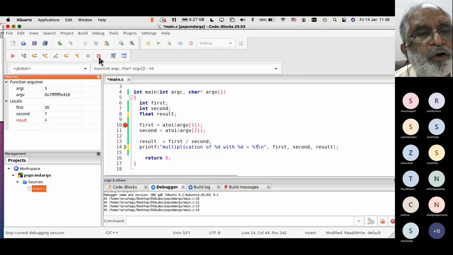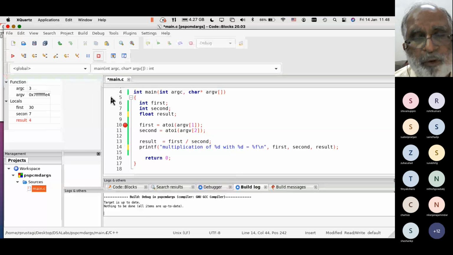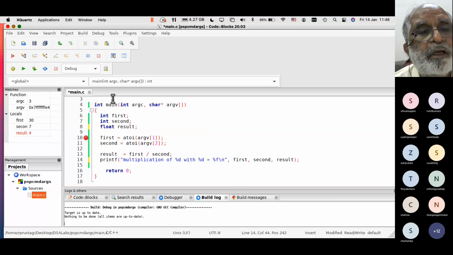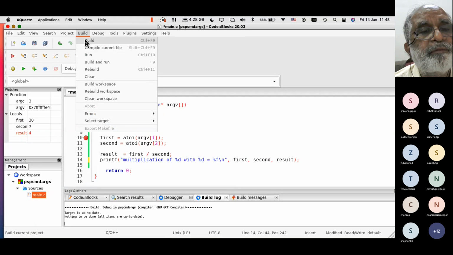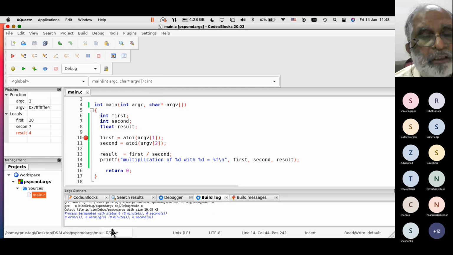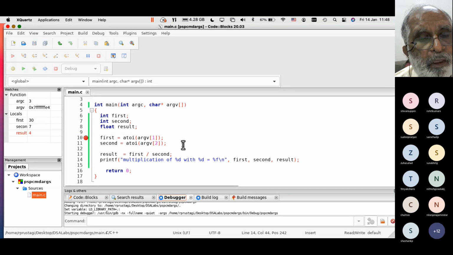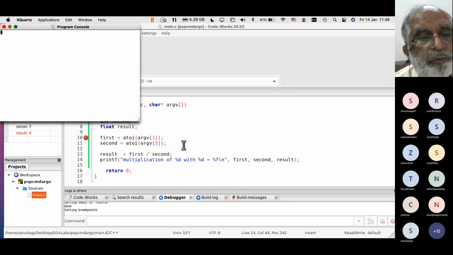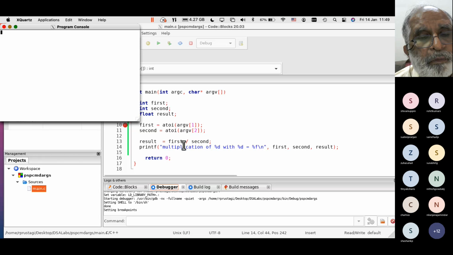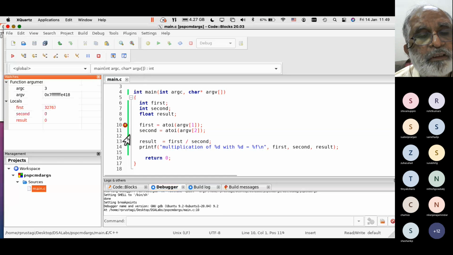So I can abort this continuation. I abort this, and then I build again, build is successful. Now I do a debug. I come here, run it, and you can see till this time it is fine. So my problem was here. So I can select this line, set a breakpoint. Go ahead, please.